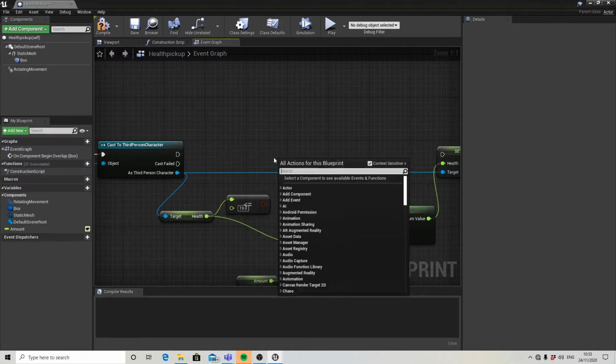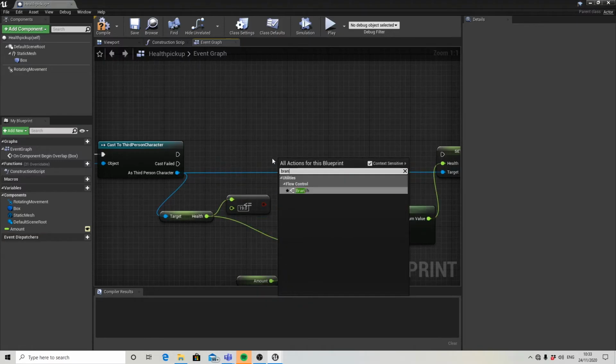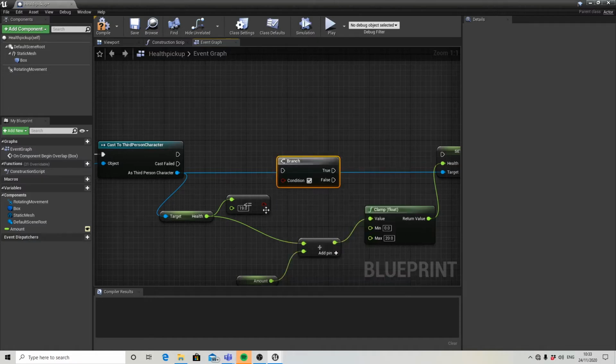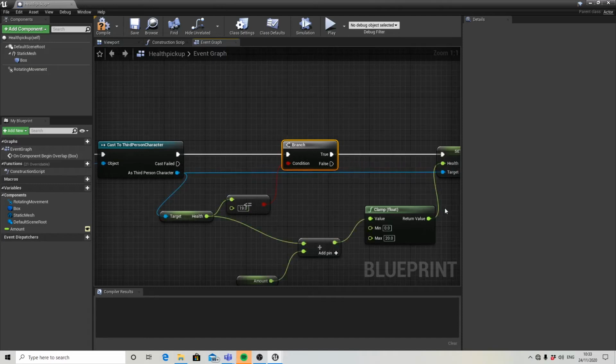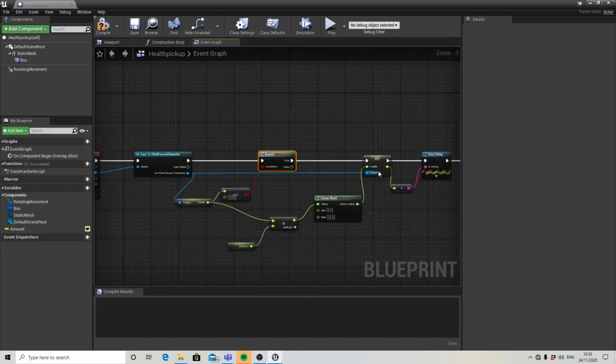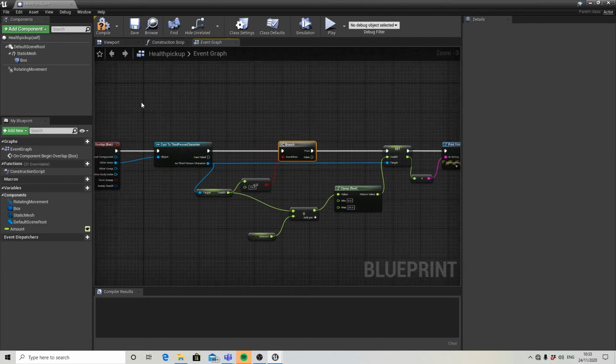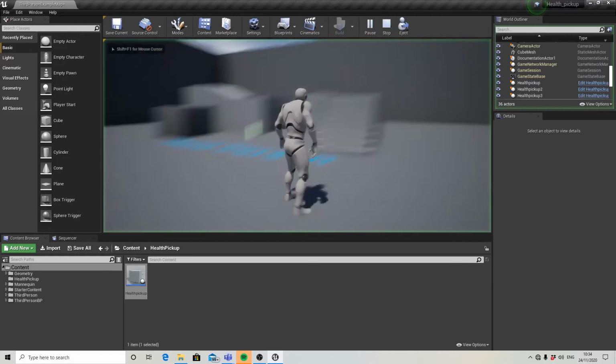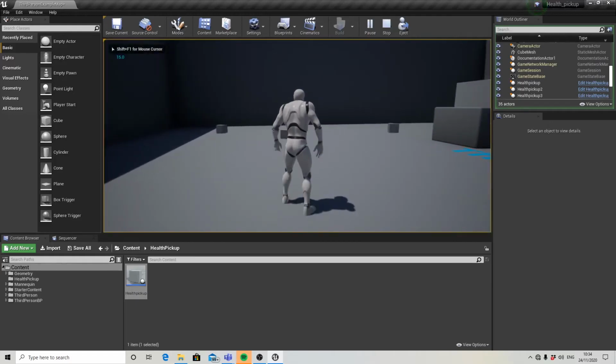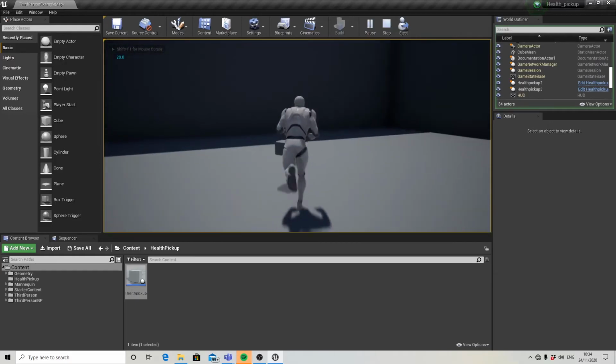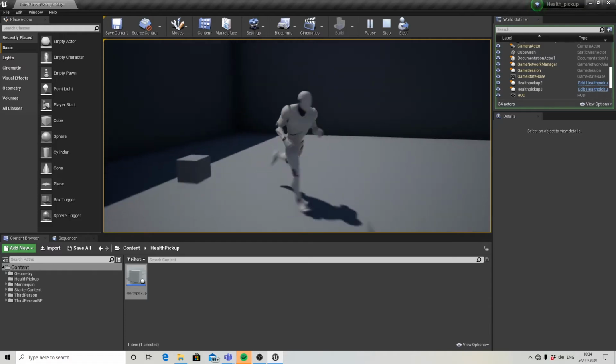So if we right click and search for branch, let's hook this up. And then we want if it's less than or equal to 19, if this is true, we want to be able to pick up our health. So compile and save. And now should go 15, 20, and then we can't pick up